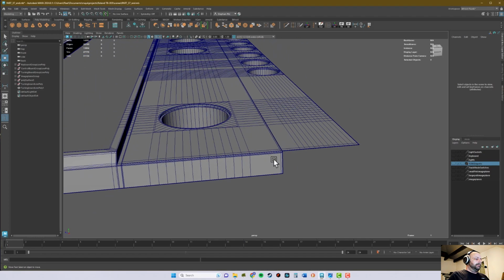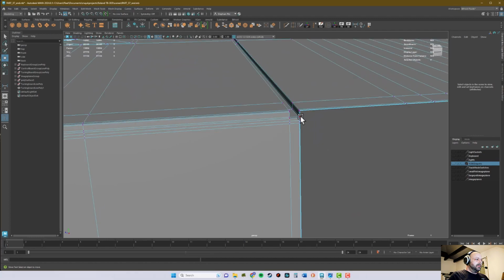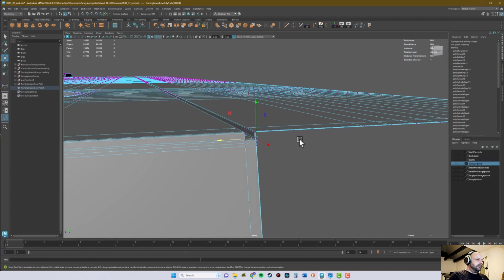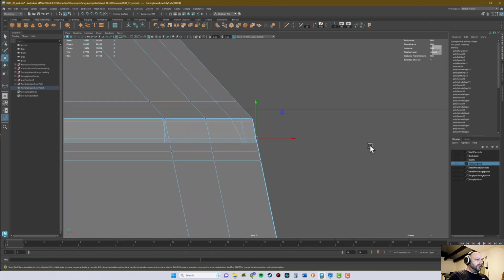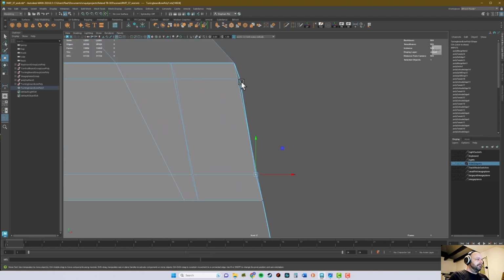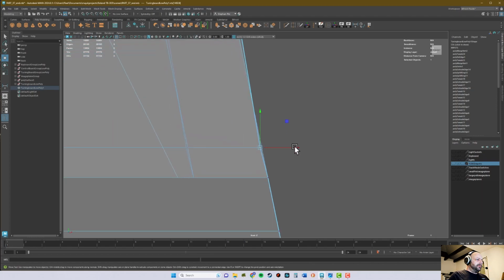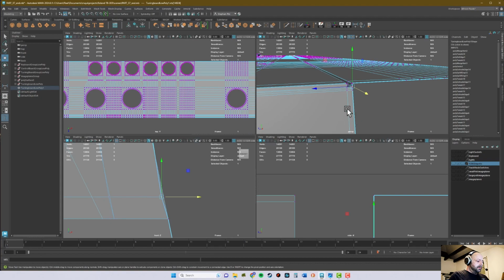Alright, so in between I noticed that I have a little tiny issue here, somewhere here. Check that out from the front view. If we zoom in here, it's just a small offset here, but I think that's going to be a problem later on. So let me just select that vertex or vertices here, and then let's switch here to the